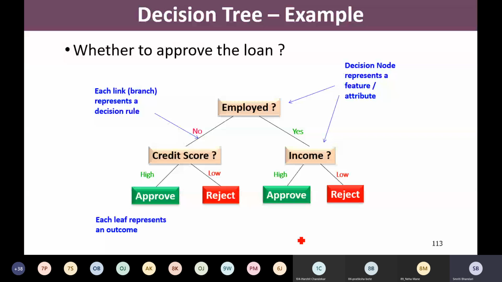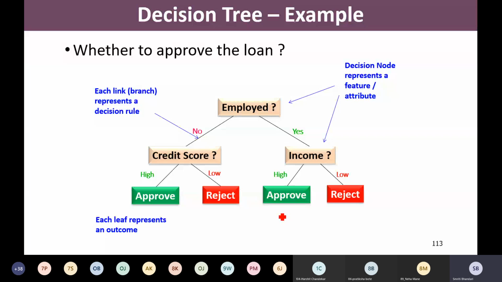Okay, so the labels or the classes are being stored in the leaves. Now, what next is how to build such a decision tree if we have some data with us. So we are going to look at a detailed algorithm for how to build decision trees and solve many classification problems.